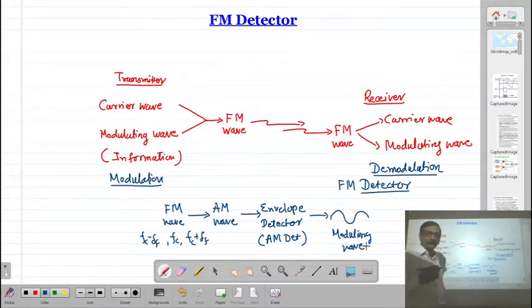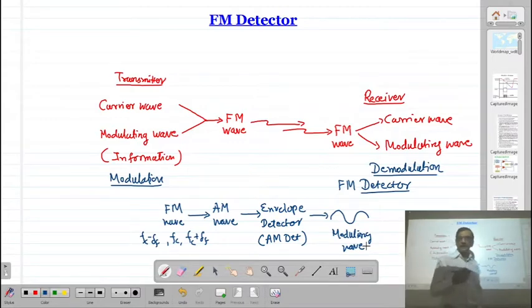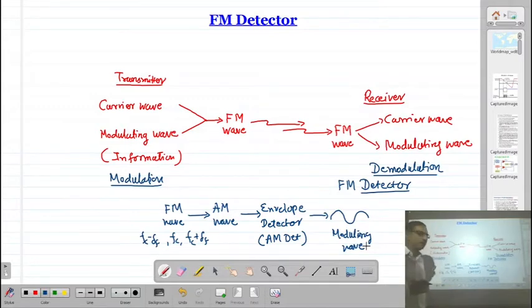Before we start the FM detector, we can have different techniques. Remember, according to the technique we have a different detector circuit. One basic circuit, to understand how the signal is demodulated, is the slope detector; we should understand its principle. Then we have a balanced slope detector, also known as a dual slope detector. Then the frequency discriminator circuit, and finally we have a ratio detector circuit. One by one we will discuss all the different types of detector circuit.